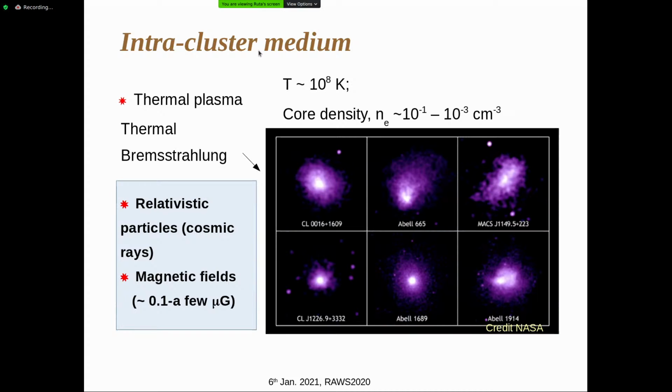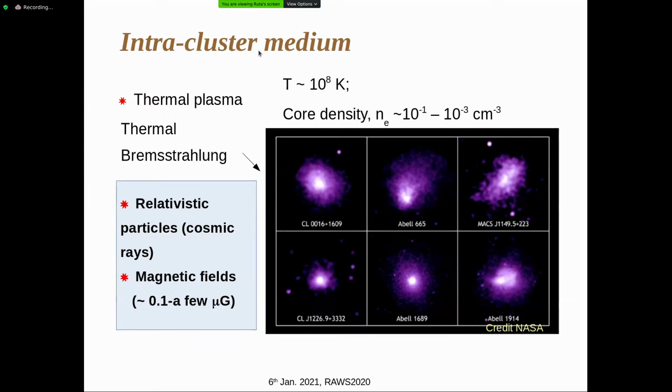So maybe in some other lecture you have heard this term, thermal Bremsstrahlung. Basically, it's the radiation mechanism. It's a radiation which happens when there is acceleration of two charges near each other. So it is also known as free-free emission. When two free charges come close and interact, you will come across something called thermal Bremsstrahlung.